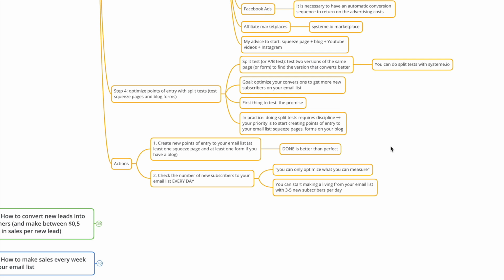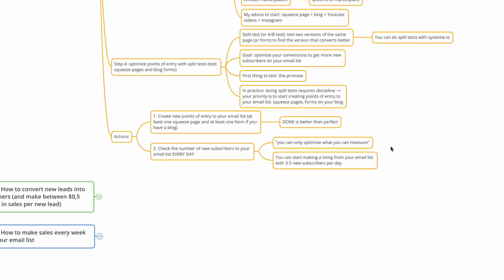But yeah, you should really focus on creating more entry points to your email list, and start checking the number of new subscribers to your email list every day. Okay, you can only optimize what you can measure. So just make sure that you know how many leads you're getting per day. And honestly, you can start making a living from your email list with as little as 3 to 5 new